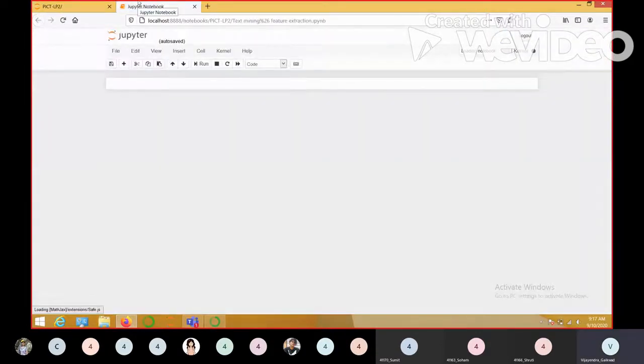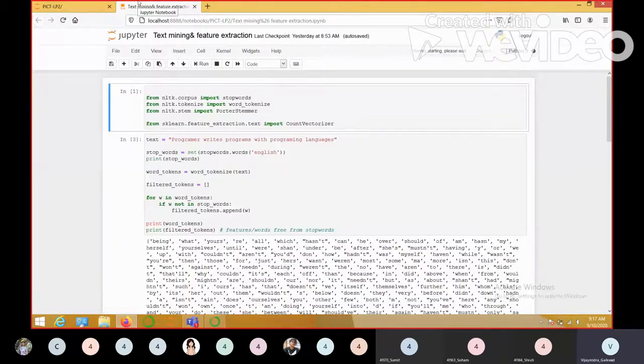what is expected in the fourth practical. Here we are going to perform text mining, and in text mining, a very important step is feature extraction. A feature you may consider is a significant word.